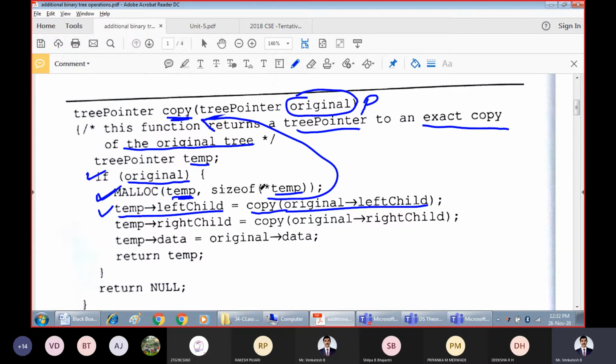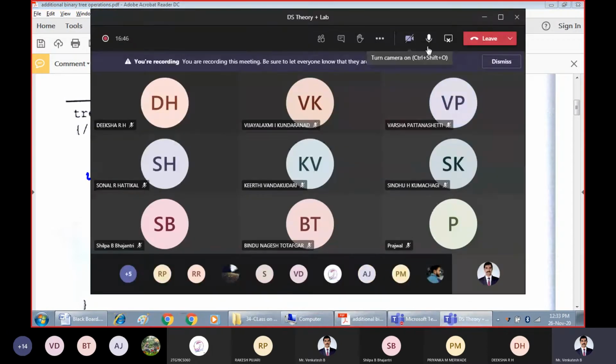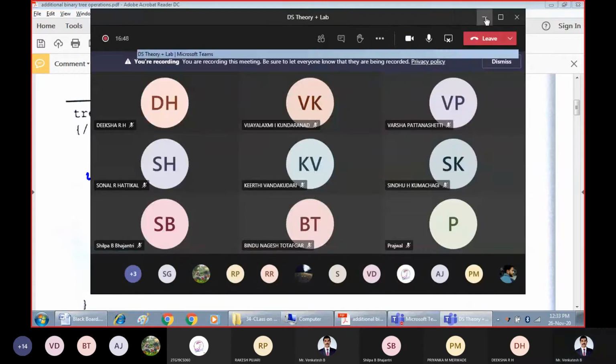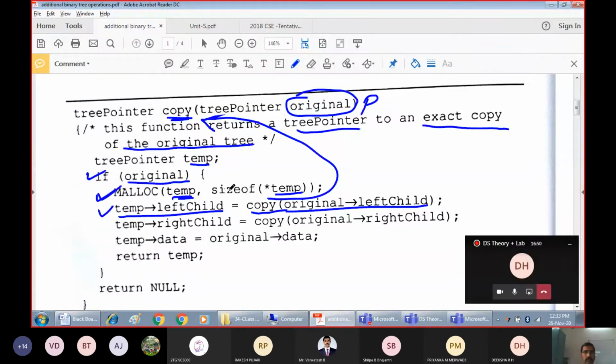And here we have the recursive function copy, which is calling itself. Here we have the recursive procedure.